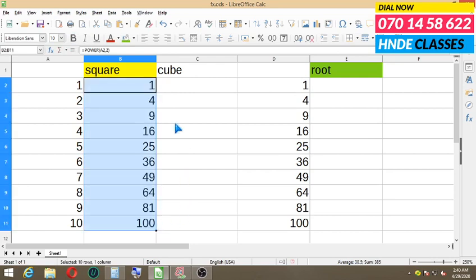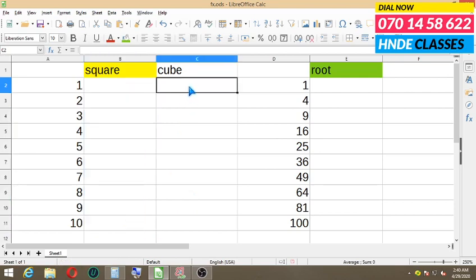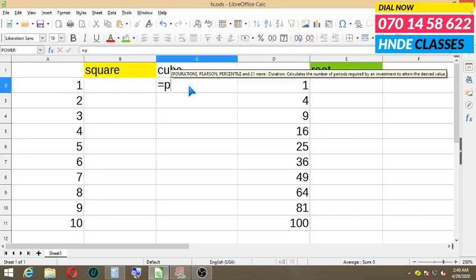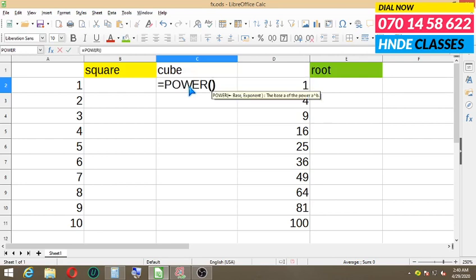Now how are you going to calculate the cube? Once again you have to raise the base to the exponent 3. So I will type in equal power, enter, select my base, and followed by comma, I'll be raising it to the exponent 3.